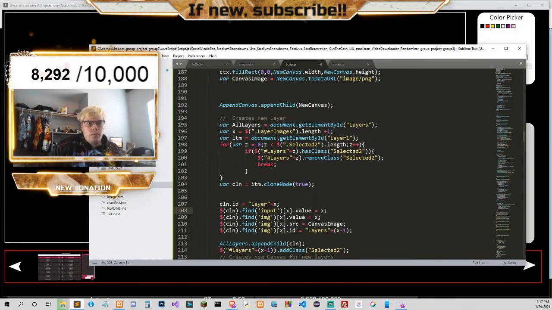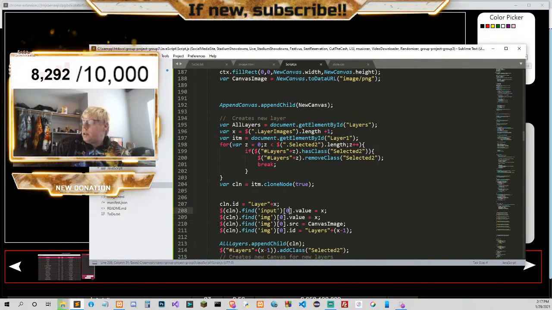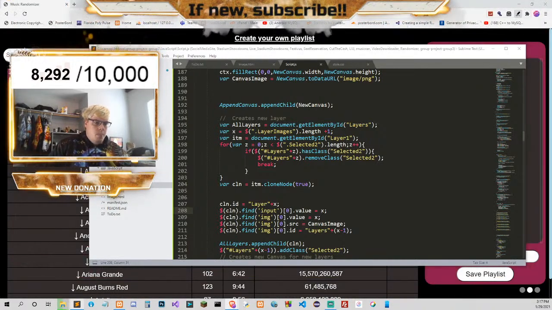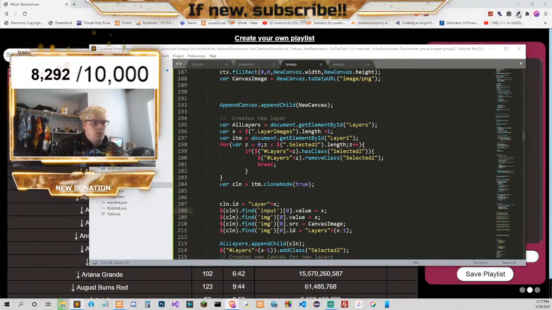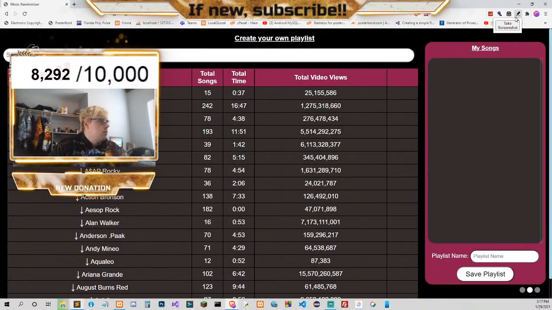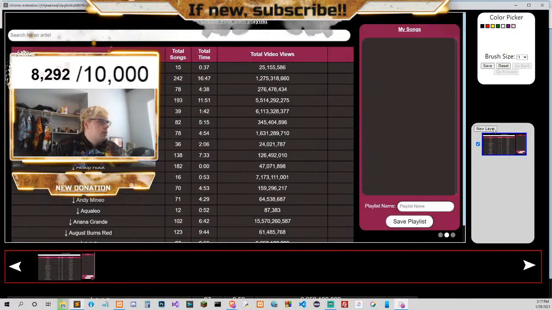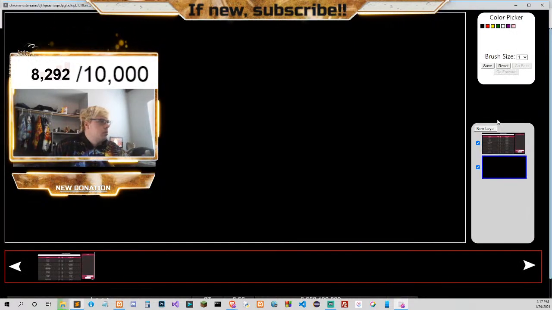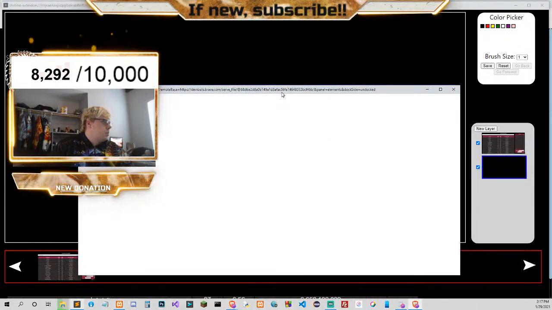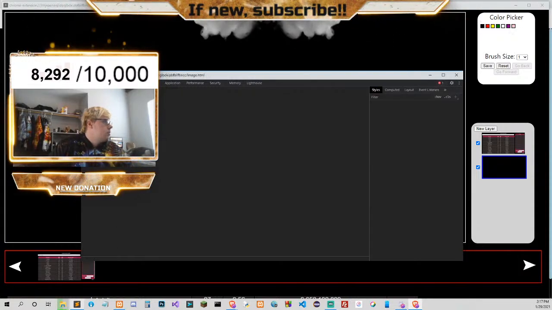But if we do 0, then I don't think it's gonna work because with 0, it might reset things. A new layer creates a new layer, but we want it to be transparent, not black.